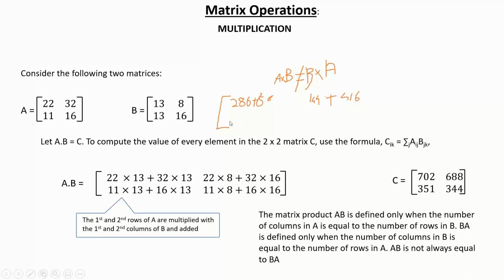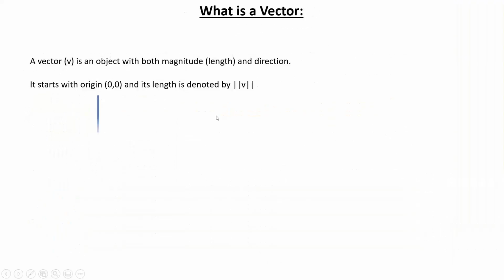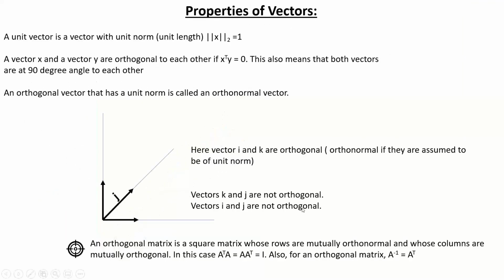So similarly, you can calculate both of these here. Like you have to go for 11 into 13 plus 16 into 13 that they have done, but we are going from here. So it would be like 13 into 22 plus 16 into 11. So you will be getting an answer over here. So that is how multiplication works. But this is not the same as B into A. We found two different answers. The first two elements were varying, so we can guess that actually the entire matrix is varying. So B into A is not equal to A into B. So similarly here, it is being mentioned that here transpose.